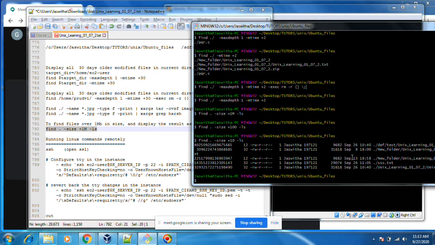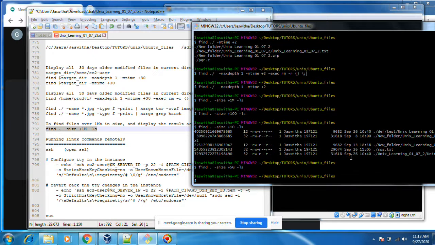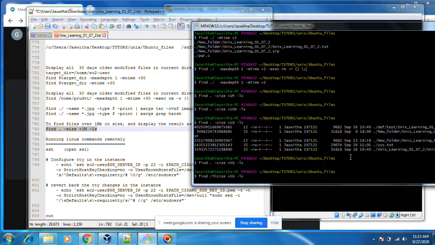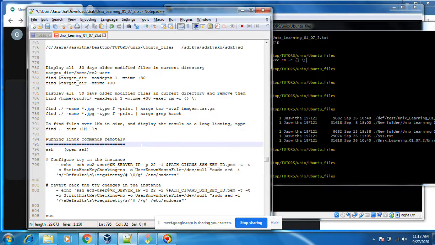I want to list all the files more than 10 GB, more than 5 GB. It will show. If you want to check the entire system, instead of dot, put slash. It will check the entire system, wherever the file is more than 5 GB, it will print. It usually takes a longer time to execute. You can try it on your laptop or desktop, anywhere.